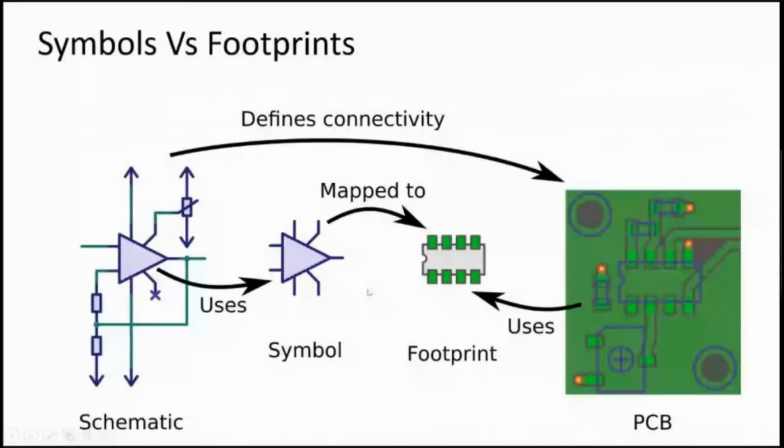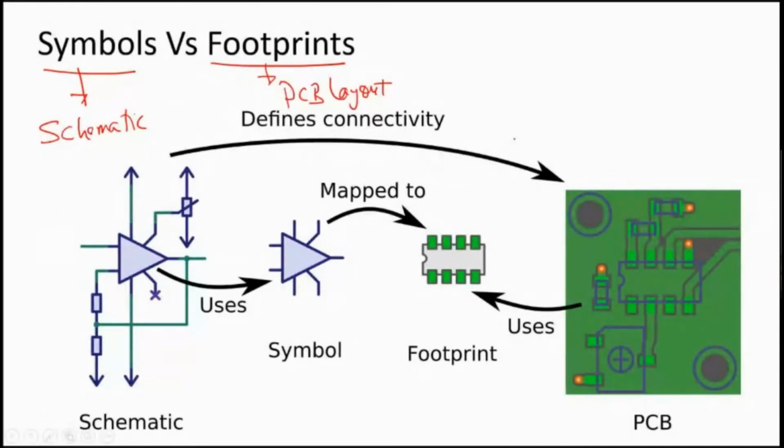One of the important concepts that you have to understand in PCB designing is the difference between a symbol and a footprint. Okay, a symbol is used in schematic diagrams. A footprint is used in PCB layouts. Say for example, when I ask you to draw a circuit with two resistors, how would you draw the schematic? Typically, you would draw the symbol of the resistor like this. So you call this R1, and this is what we call a schematic.